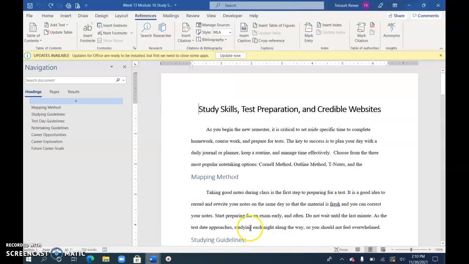Right now this document is 4 pages, and we're going to be inserting a table of contents, placing captions on pictures, and then creating a table of figures, and then mark entry for several words that we will create an index for. So the first thing we need to do, if you want, you can close out the navigation for now,